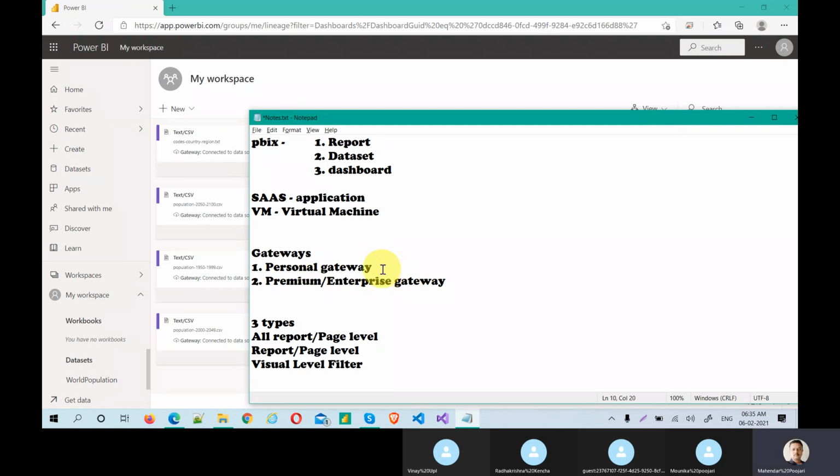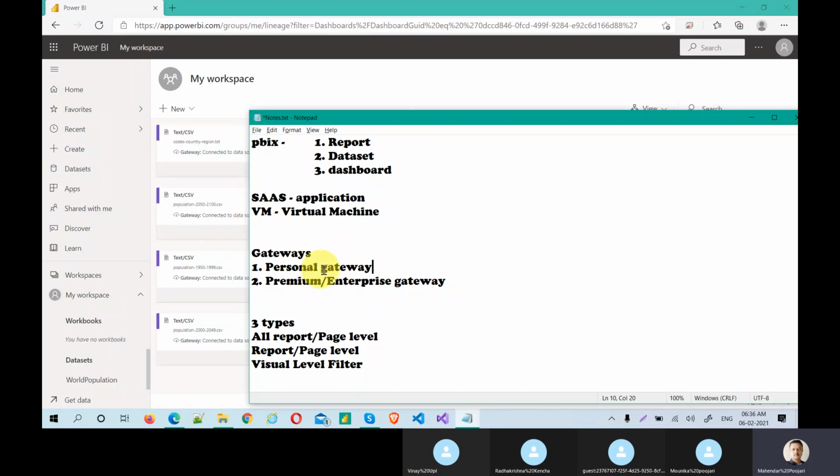In the personal gateway also you can create many connections, but it's restricted to only your computer. But when it comes to enterprise, imagine an organization with a lot of reports with different data sources. If all those data sources are maintained in a personal gateway, the problem is that your computer should be on every time to refresh. You schedule the refresh with your personal gateway, but if your computer is shut down, the refresh will fail. Why? Your VM is not up.